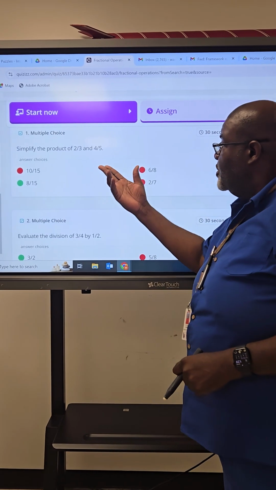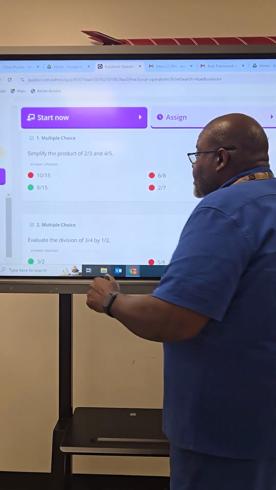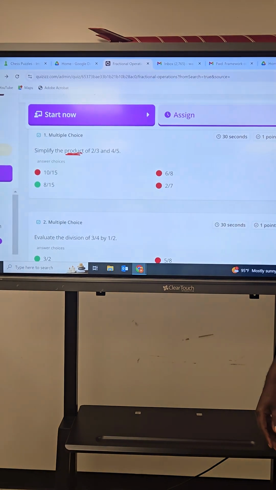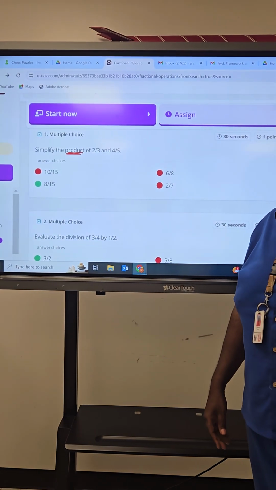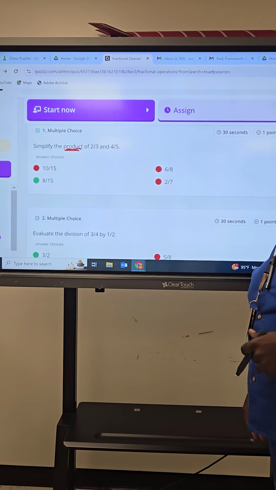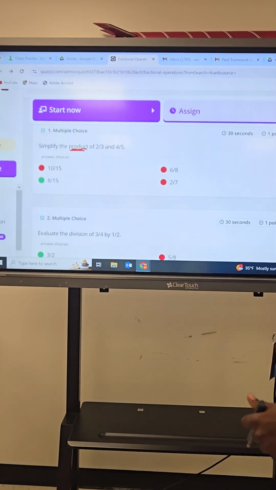Students, we're going to start off with a simple problem. What does the word product mean? It means multiply. All right, the word product means multiply, and I'm saying it because some of you don't know that. What are other words that you would use for multiply? You use multiplication. Okay, a lot of times they use the word by. By usually means multiplication. So how do we